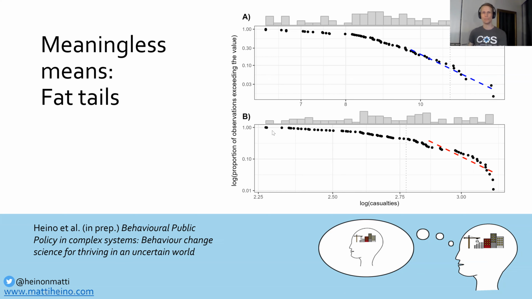And you look at how big a proportion of observations are bigger than this one, and you take the logarithm of that number. It doesn't matter for this conversation what the logarithm is. It suffices to think about the repercussions. And on the horizontal axis, you have the deaths, and you take the logarithm of the deaths. And what you see then in this log-log plot, which is also called a Zipf plot,